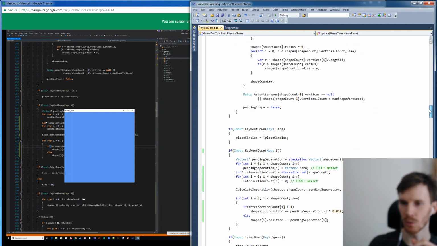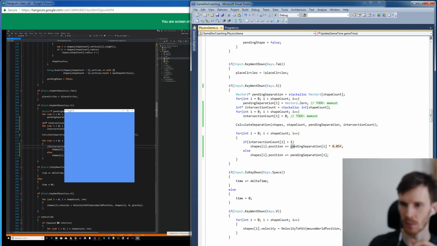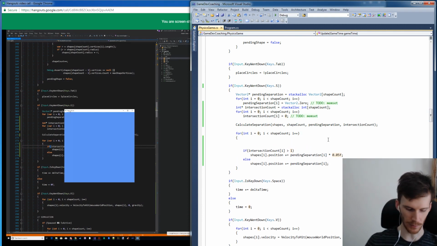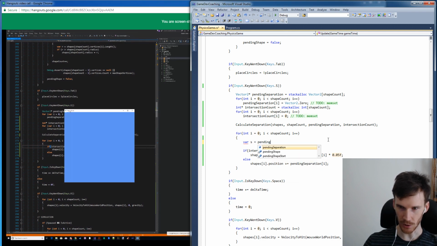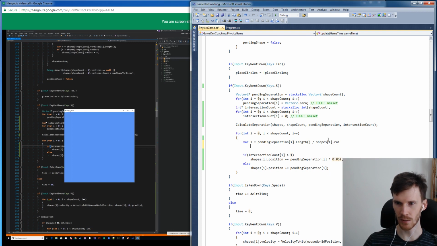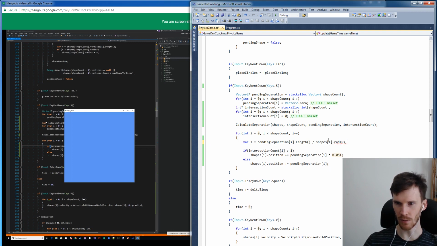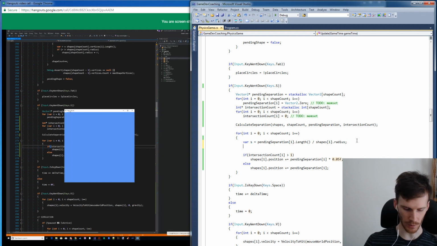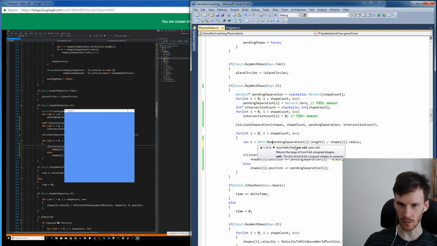So what we'd have to do if we went down that road, and I don't think we do want to, is s equals pending separation I dot length, and then we'd have to do something like shapes I dot radius. And I don't know if I've got the division the right way around. Yeah, I think I do. So we could do that, and then we'd have to go math.max min